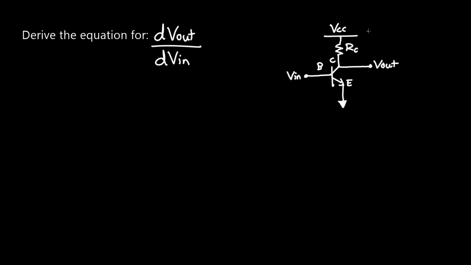So we can see here, if we apply simple KVL, we can have an equation with Vout. We know that Vout is VCC minus RC times the current going through RC, IC, you could call it. IC meaning the current through the collector. So we can say that Vout equals the difference, VCC, minus, using Ohm's law, IC times RC, where again, IC